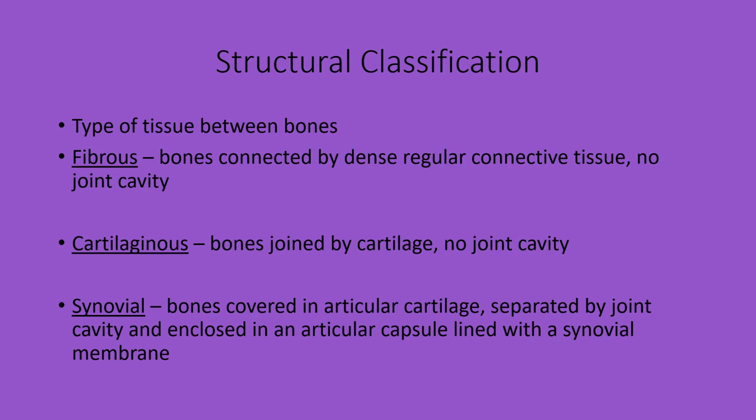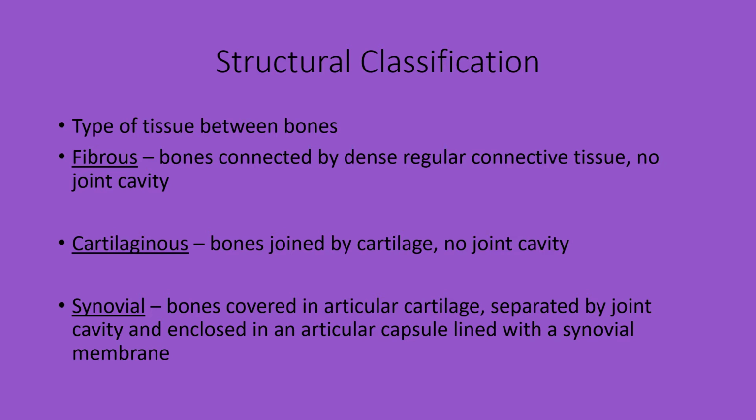If the bones are connected by dense, regular connective tissue and there's no joint cavity, it's known as a fibrous joint. If there's no joint cavity, but instead the bones are connected by cartilage, then it's known as a cartilaginous type of joint. In synovials, where there is a joint cavity, the bones involved with that joint are going to